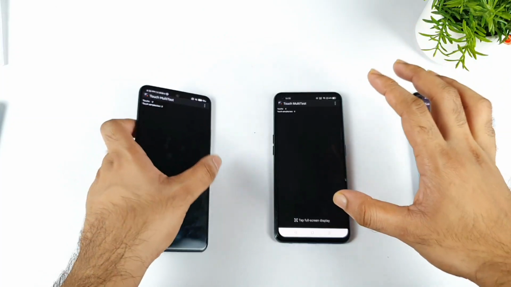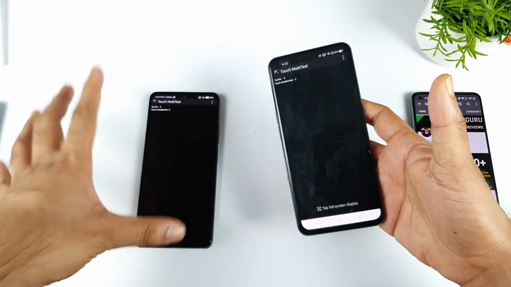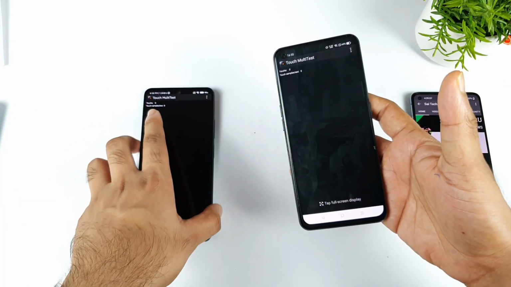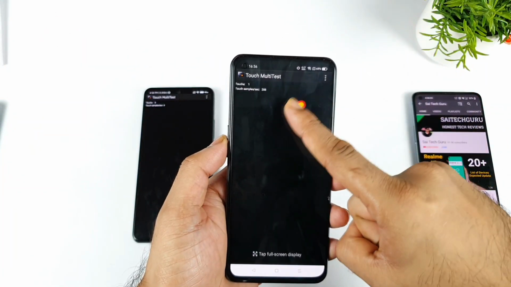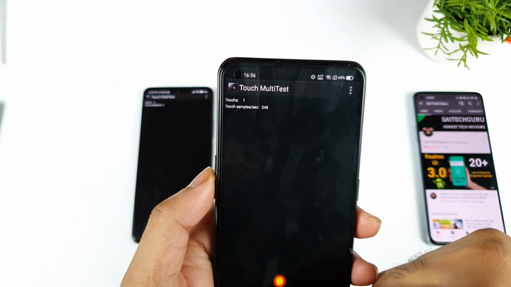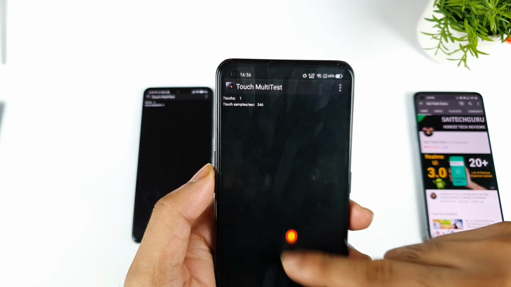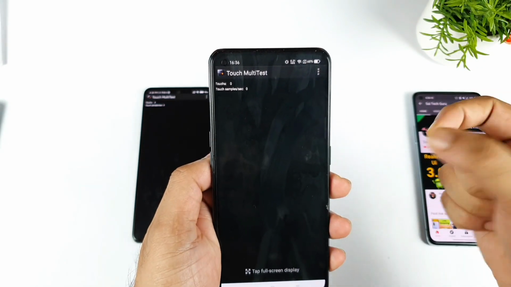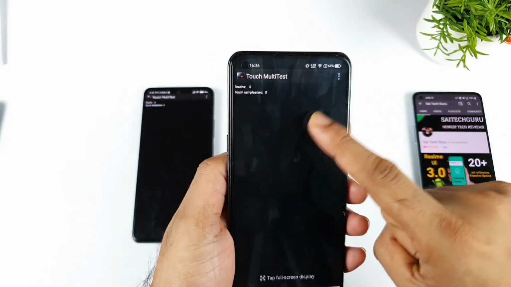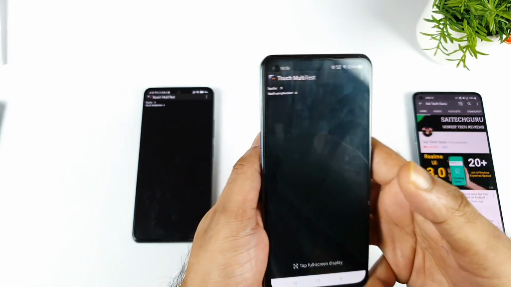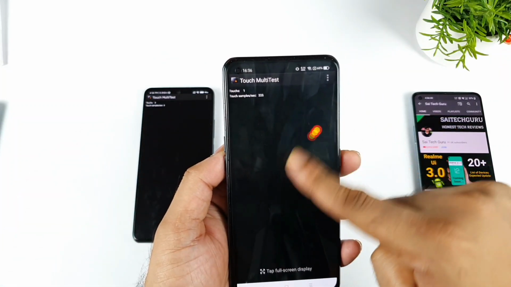This is what the video is about. I think you understand how multi-touch works in the Mi11X device. But let's see the touch sampling rate in the Realme X1 Max. With a single finger, we're getting a value close to 360: 359 and 352. So 360 minus 120 Hz refresh rate, and you get 240 Hz touch sampling rate in the Realme X1 Max. As you can see the difference: in this phone you're getting 480, and in this phone 360.